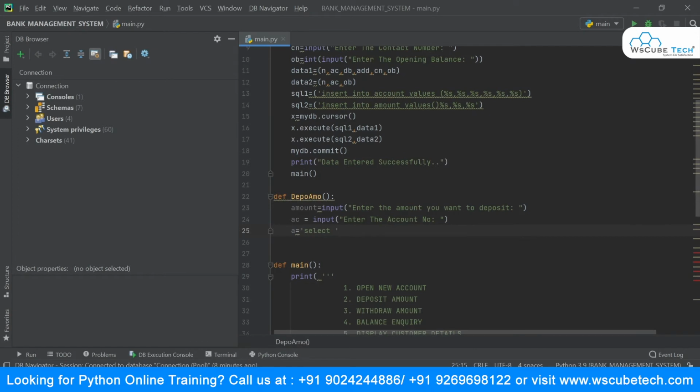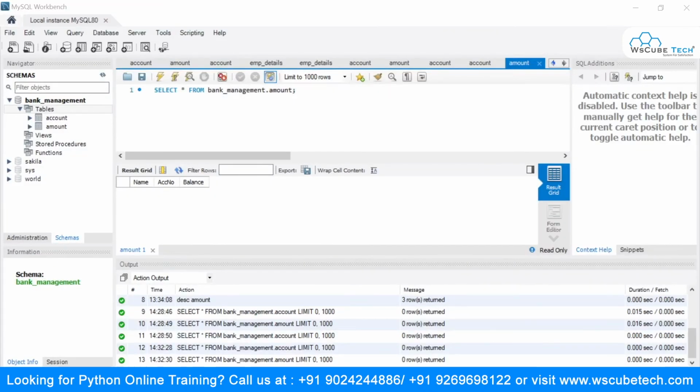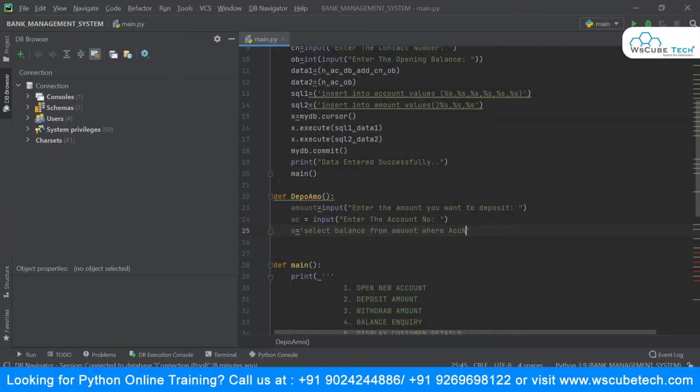So I will say select balance from amount table, and set the condition where account number, the account number is ACC number is equal to percent s. All right, so this is the query which I am writing over here. Okay, and the next step is we are going to create a tuple.